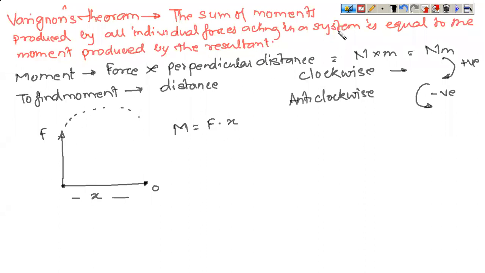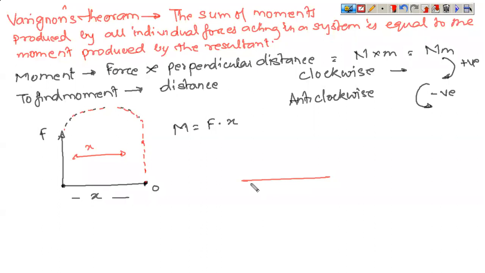To make your understanding clearer, let us say you are taking moment about this point. Draw another parallel vertical line here, so this distance becomes X. How will the force move so that it approaches this line by the shortest possible way? It has to move in clockwise direction so that it reaches the reference line by moving the shortest possible distance. So this is called clockwise movement.